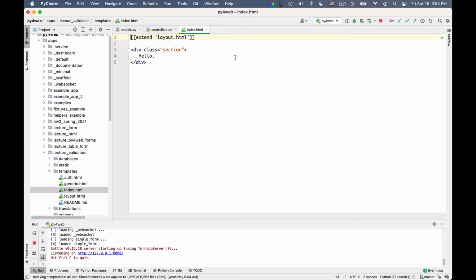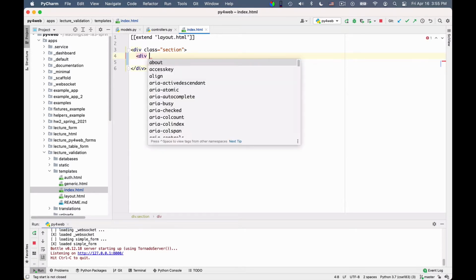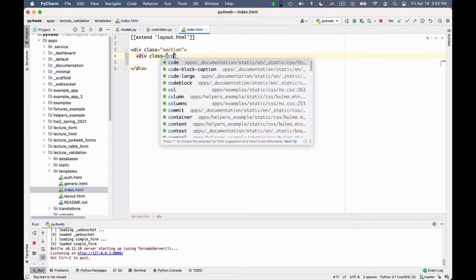So the first thing I want to do is put on the index page a button that lets me add new data to the database. So new jars of olives in practice. Okay, so I will put it here. And I say something like div class is equal to container.